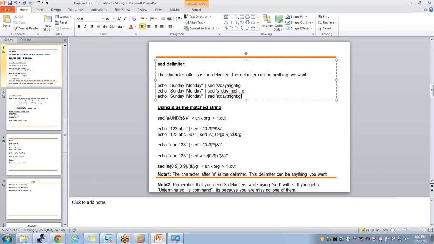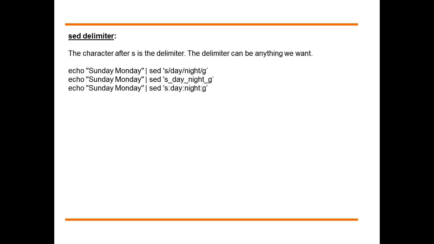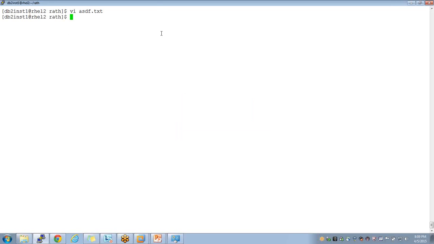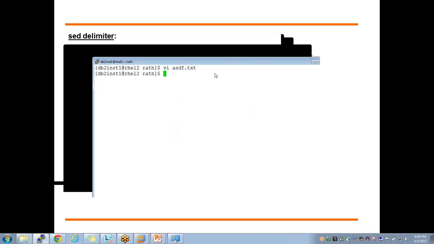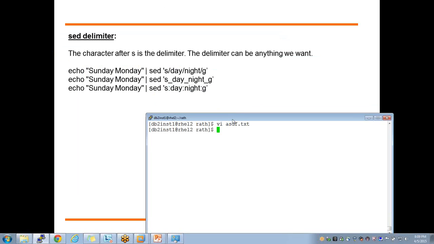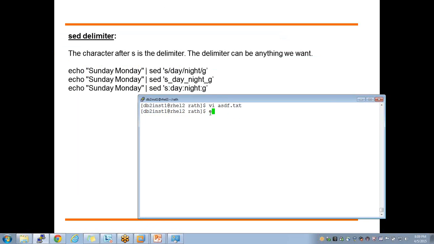It can be anything, but it has to be the same across those three occurrences. For example, here I'm using forward slash. Here I'm using underscore. Here I'm using colon. There is no hard and fast rule that we have to use only forward slash, but forward slash is what people use by default.